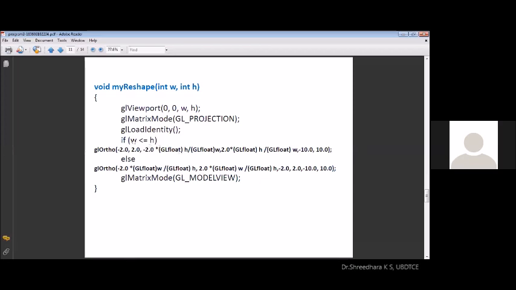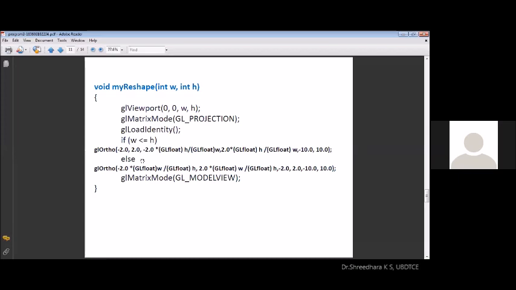With this, even resizing is done by the user. At the end, we can take the control. GL matrix mode, GL model view, to post all these model view matrices onto the output screen. So the reshape function that we discussed in the last hour, we are using in this program.